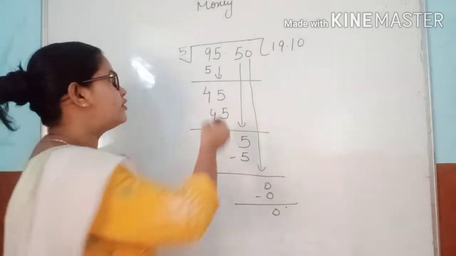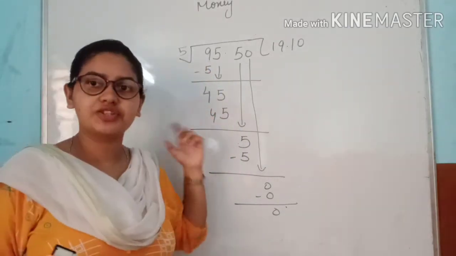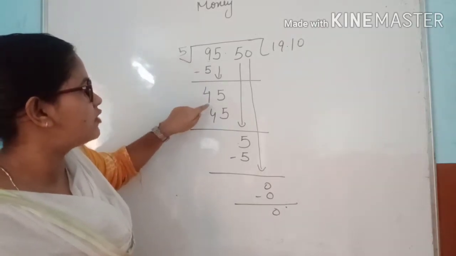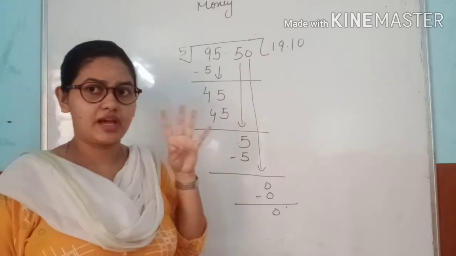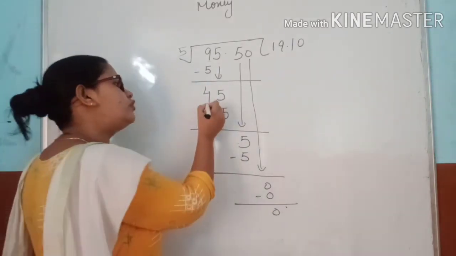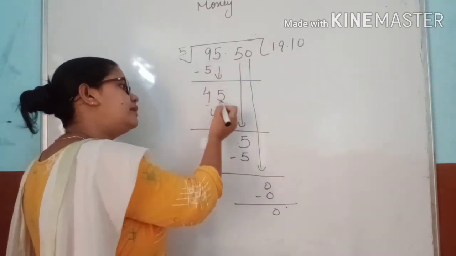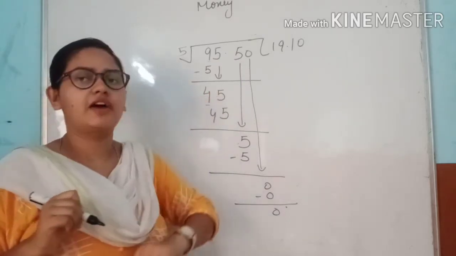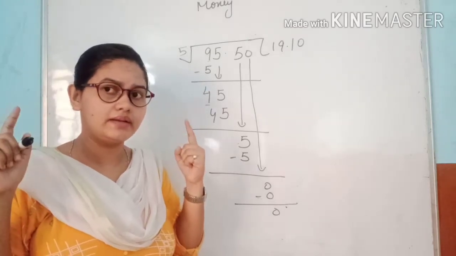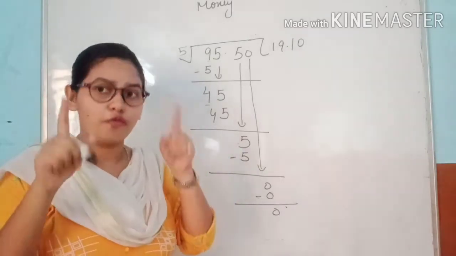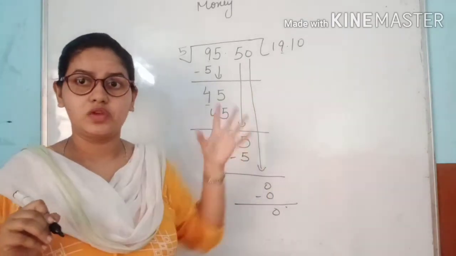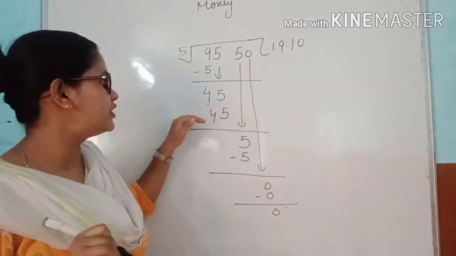So we will take 5 here, and when we take 5 here, we will do minus, which means subtraction. When we do the subtraction, 9 minus 5, we have 4, right? After the subtraction, how many do we have now? 4. Okay, 4 will be here and we will bring down 5. Now here it is 45. Now we can revise our table, recite our table in our mind. 5 nines are 45, right? So 9 will be here and 45 here.